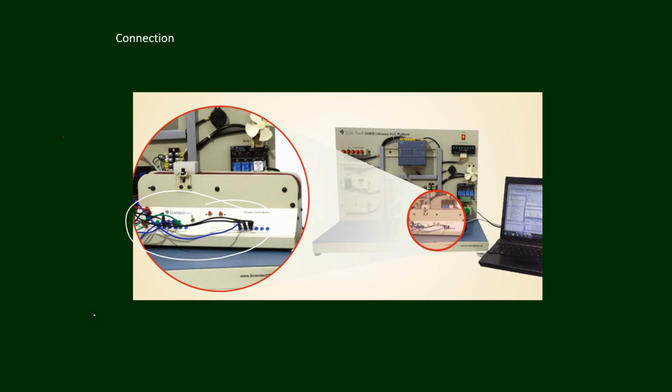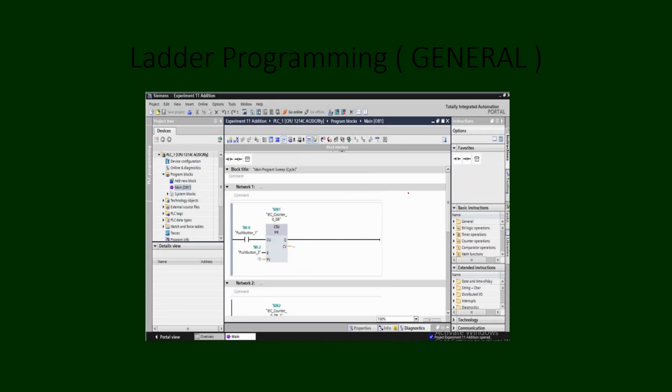We have to see here there is one computer. In this you are going to do the ladder programming. Then after that you see here, there are some wires. This one will go to the PLC. You have to download this PLC program into the PLC. Then after that we have to keep this in run mode. Then you have to run it, so we can do the application in the belt conveyor.